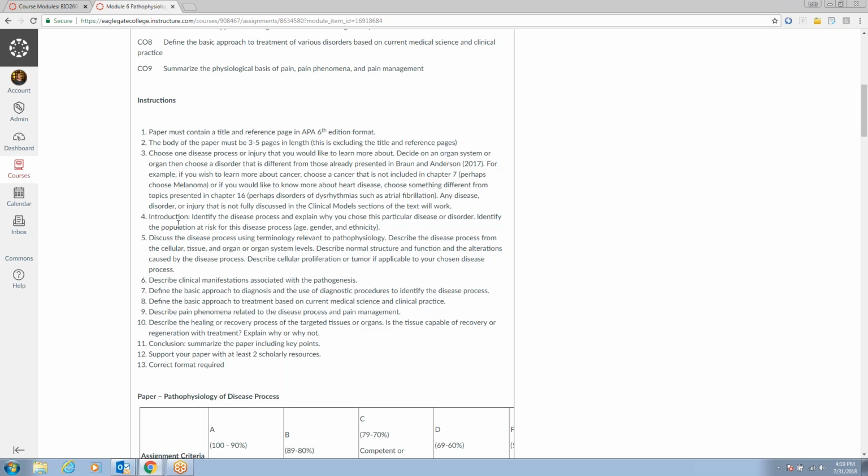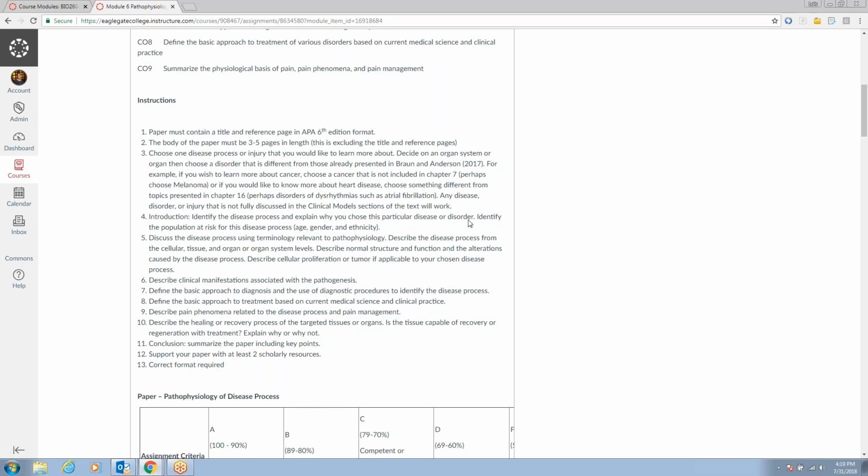First part is going to be the introduction. So you remember how that sample paper had the little, at the top, what do you call those? Subheadings? My first subheading is going to be introduction. So I'll put that up there. And under that subheading, I'm going to identify the disease process and explain why I chose it. So I'm going to say, I chose appendicitis because I just heard that my brother is having surgery for appendicitis tomorrow. I want to know more about that so that I can be of assistance to my family when they have questions. So whatever your disease is and why you chose it, just go ahead and write that in your